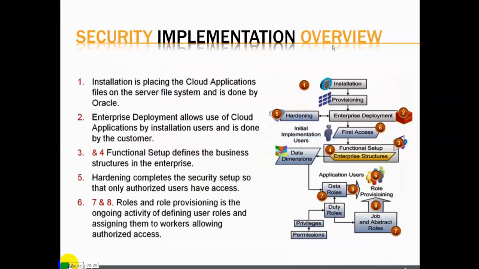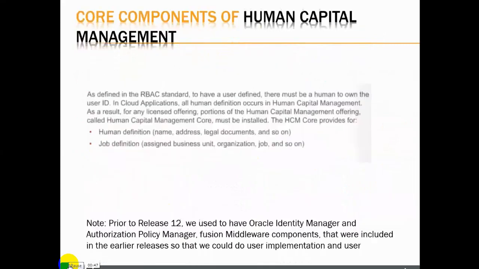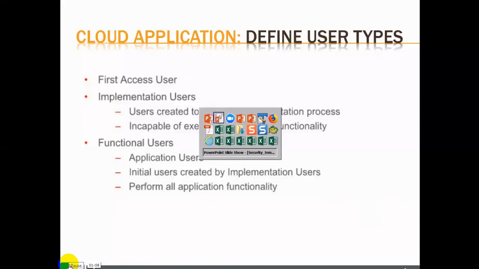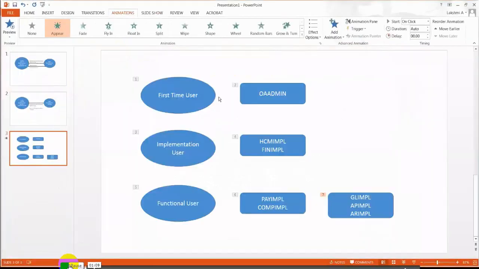And there we have also seen this flow from installations to provisioning of the environment to the first access, the initial access we got, and then creating the implementation user, and then creating the application user. So broadly, we have defined three kinds of users created in the system. It means first, once the instance is provisioned to us, then the first access, user access. Once the instance is provisioned and we got the initial access, I just drafted that in a different document.